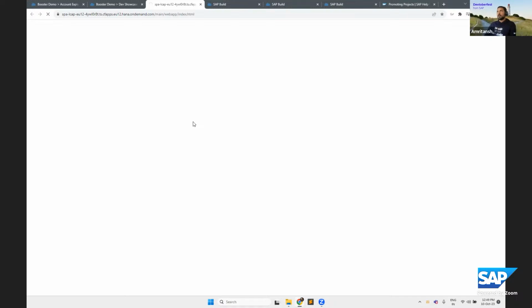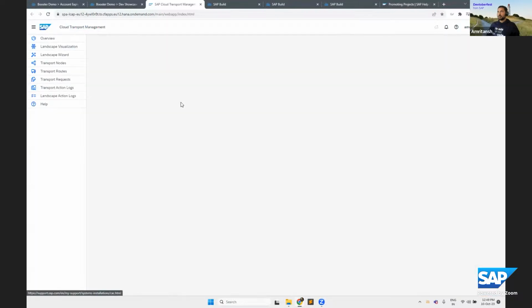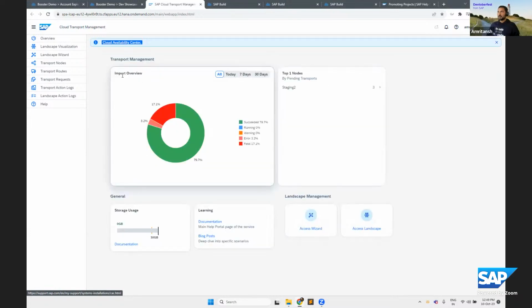Here, I have already created nodes which are equivalent to the dev, test, and prod sub accounts. These nodes point to, or use, the destinations in the sub account to get and forward the content from one of the tenants to the other tenants.